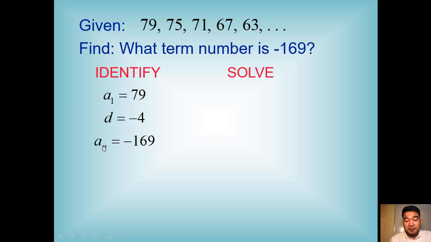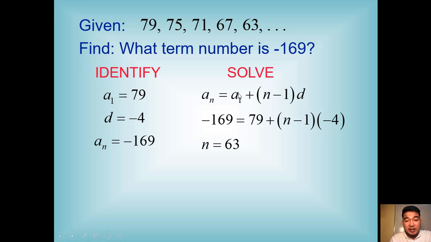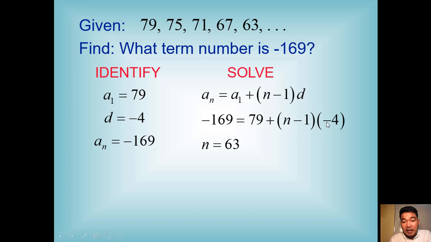By applying the formula, a sub n is equal to a sub 1 plus the quantity of n minus 1 times d. By substitution, we will have negative 169 equals a sub 1, which is 79, plus the quantity of n minus 1, n is unknown, times the common difference of negative 4. We simplify it further, so we will have negative 4 times n is negative 4n, and then negative 1 times negative 4 is equal to positive 4. And then positive 4 plus 79 is equal to